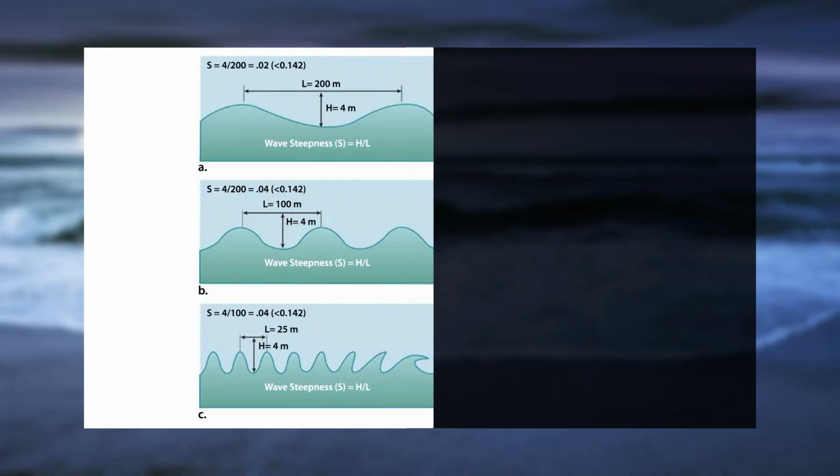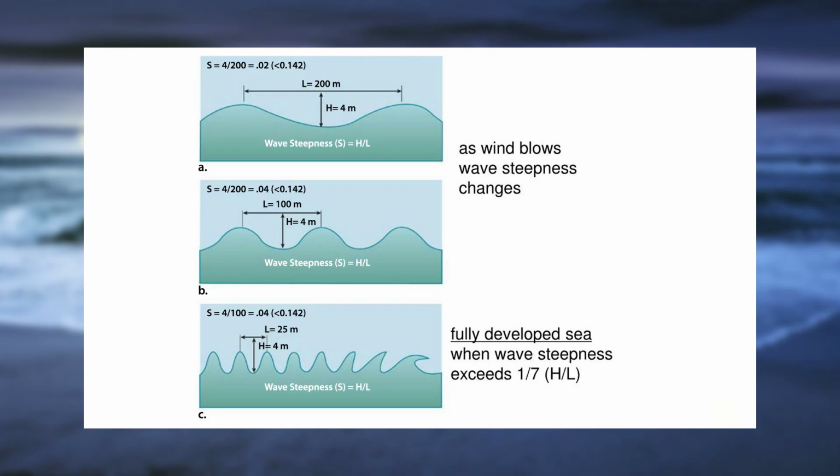Wave steepness is equal to wave height divided by wavelength. If the wave steepness exceeds 1/7, the wave breaks or spills forward because the wave is too steep to support itself. This ratio also indicates the maximum height of the wave. The time it takes one full wave, one wavelength, to pass a fixed position like a pier piling is the wave period.